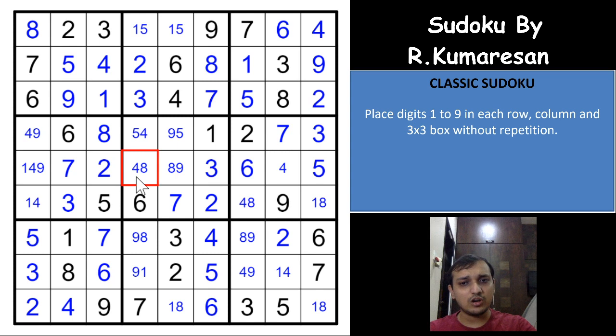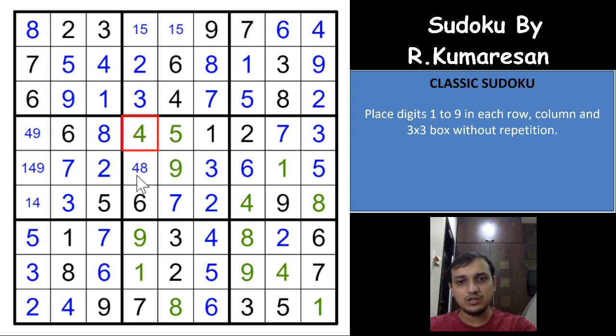And if you don't like to use the bug technique, you can use the W wing, which means that this cell will have to be a 1 instead of 4, because 4 will give you a contradiction here, which directly gives you an 8 here, a 4 here, a 9 here, an 8 here, a 1 here, a 4 here, 8 9 1, that gives you a 9 here, a 5 here, a 4 here, and an 8 here, which directly gives you a 4 here. So with the logic, placing a 1 here gave you a 4 here, and with the bug technique you directly placed a 4 here, right?